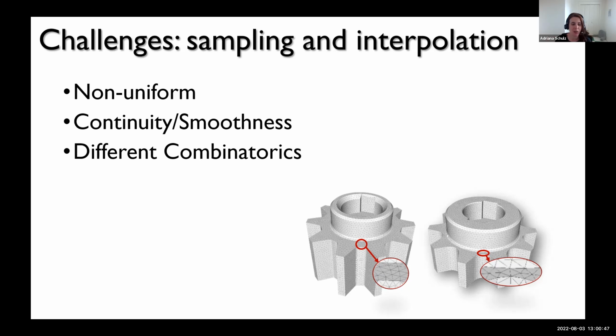But I want to tell you a little bit about how we're actually able to sample this space and create this interpolation. And we do this by using Onshape. So we used the REST API to do all of our sampling. And one of the challenges here is that when we are going to do this interpolation, we want to have some sort of understanding of how we can do this mapping.